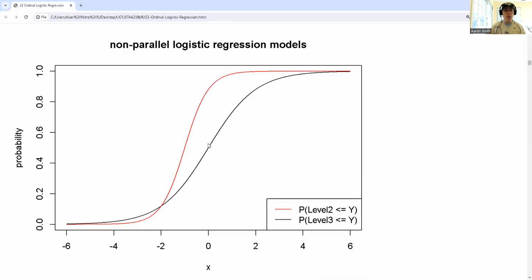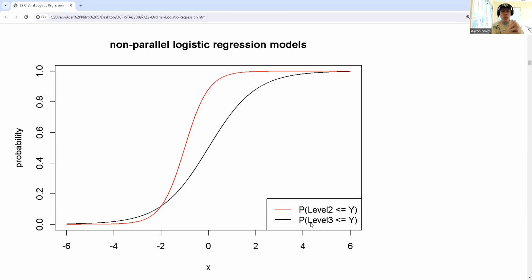All right, so here, these are 2 curves that are not parallel with each other. Let's say that red is the probability of 2 or 3, and the black is the probability of level 3. You'll notice that the probability of 2 or 3 has to be greater than the probability of 3, right? That's the only way it would make sense. Now, if I fit my model,